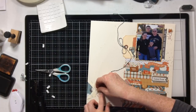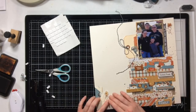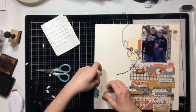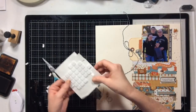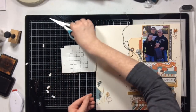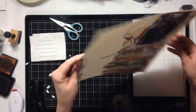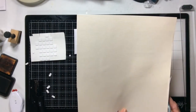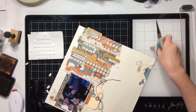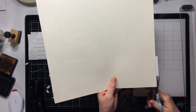And then I'm going to use those last little bits of stickers and some pop dots to add just a little bit of interest. We have a lot of busy going on off to the right, but my eye just needed something on the left. So I kind of altered the sketch to suit my style, and I'm going to just add that little bit off to the side. And that's going to complete this layout. I'm just going to trim up all the little bits and pieces that are hanging out off the edge,